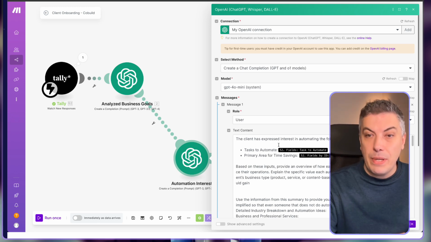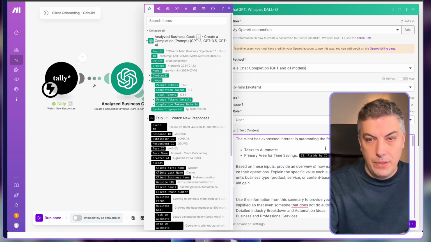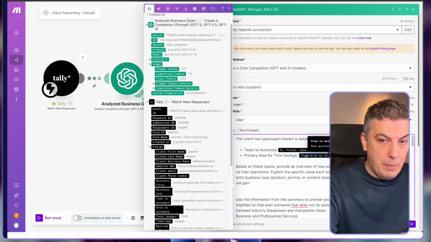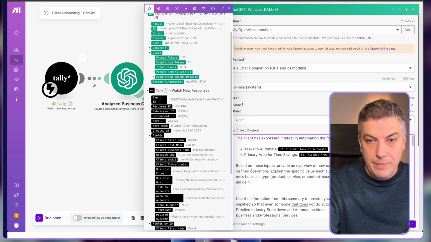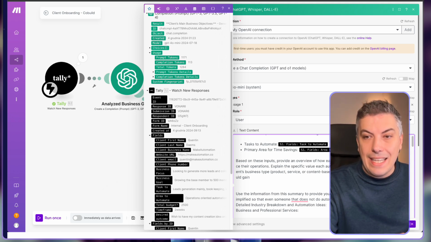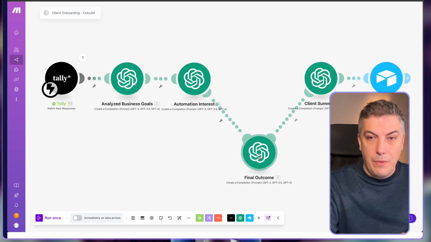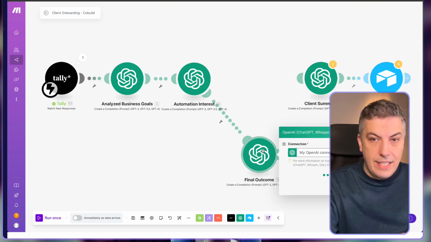The client has expressed interest in automating the following task. Like task to automate, again, this is coming from the Tally form submission. Task to automate. Here is the primary area. So that's the area to automate. And based on this input, provide an overview of each selected area of automation. I'm gonna link back the third module, and we're gonna find the final outcome, which, again, similar to